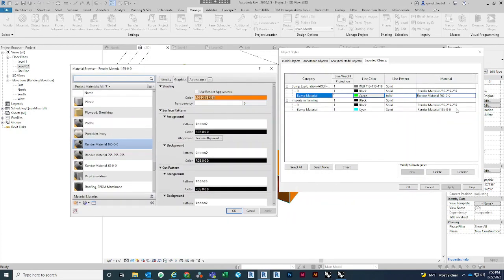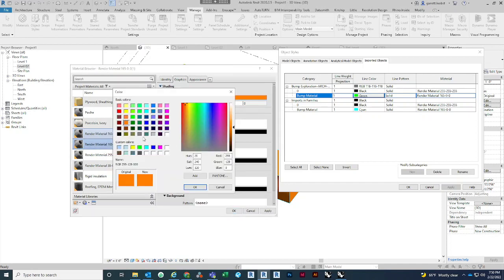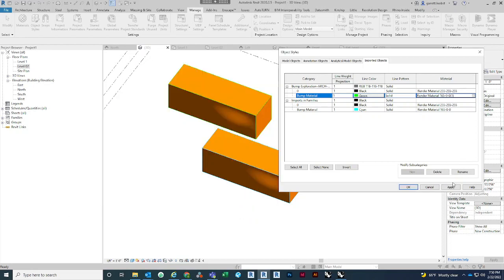That is because the material that is associated to both is the exact same. So if we had duplicated this and then changed this to, let's say blue, hit OK. And then hit apply, you can see it's changed here, but because this material has not changed, it's still orange. In any case,